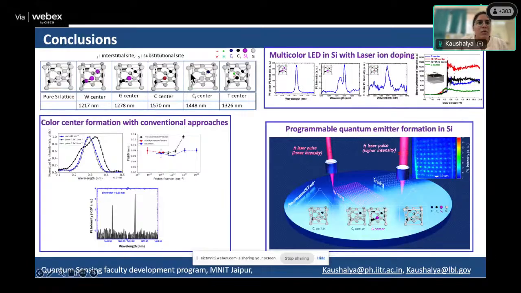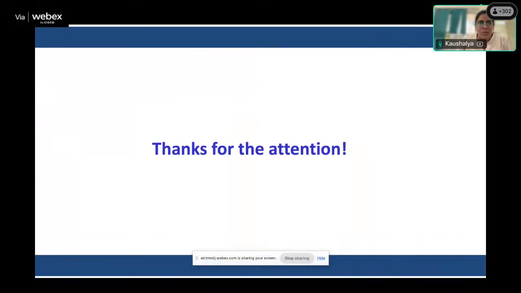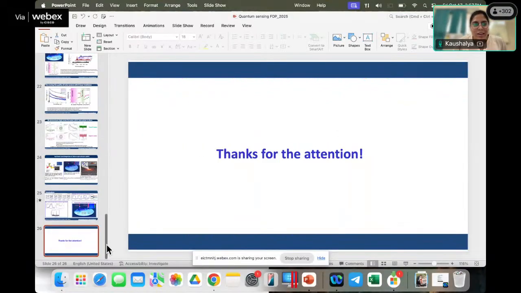Now, just to summarize, I have introduced you to a new platform, which is these color centers coming from silicon emitting photons in the telecom band, and then how to make them reliably using a wide range of parameters in the conventional and the non-conventional regime, and also embedding those color centers into electronic and photonic platforms. And with that, I would like to thank the organizers for the invitation first,